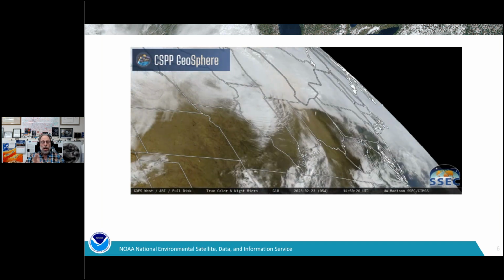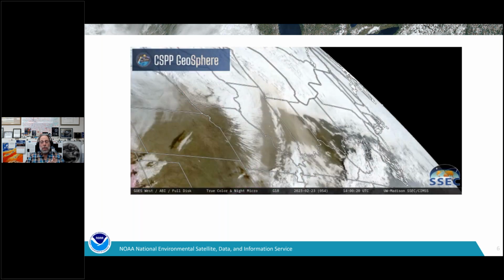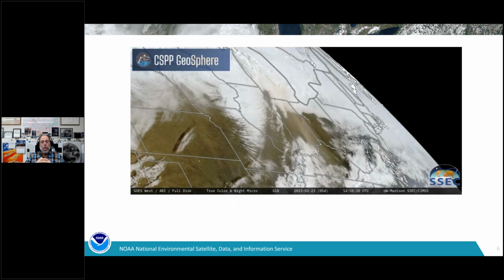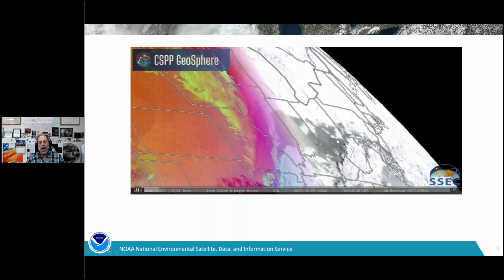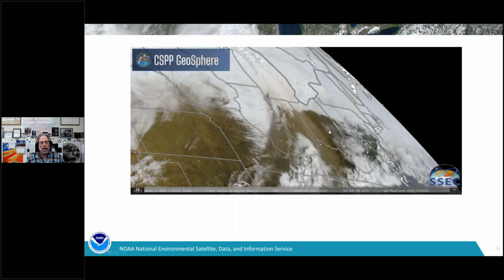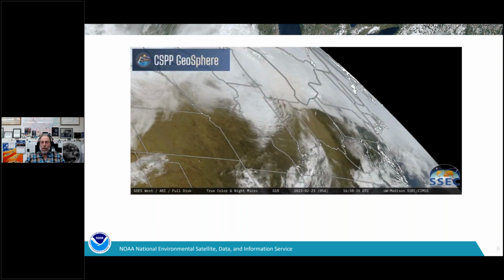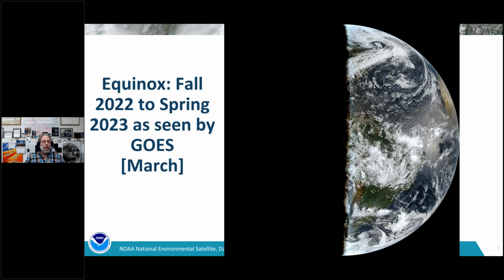I often wonder, we can see a lot of these things from satellite, but how best to really get this information to the people on the ground that are driving north-south on the highway and think, oh, it looks a little bit funny to the west. But anyways, it got cut out.